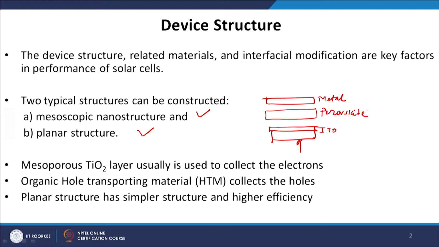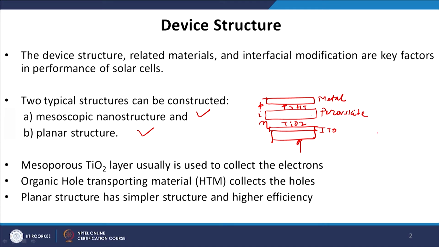Now, I can put either titanium dioxide as an electron collection layer at the interface of the ITO and perovskite, and some hole transport material like any conducting polymer, for example, P3HT, as a hole collection material at the interface of the perovskite and metals. So, TiO2 is an N-type semiconductor and P3HT is a P-type semiconductor. Between them I can think of an intrinsic layer of perovskite being sandwiched. This kind of geometry is called NIP geometry.